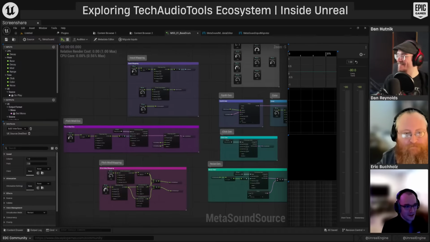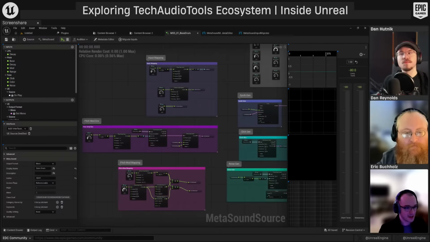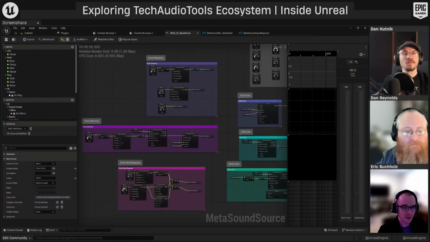So I would just put a display name here like bass drum. You can put a description. You can mark it deprecated. Basically anything that has to do with the MetaSound metadata is editable in this tool. Just about everything. There's some things that aren't quite in here yet, but the same goes for all the inputs